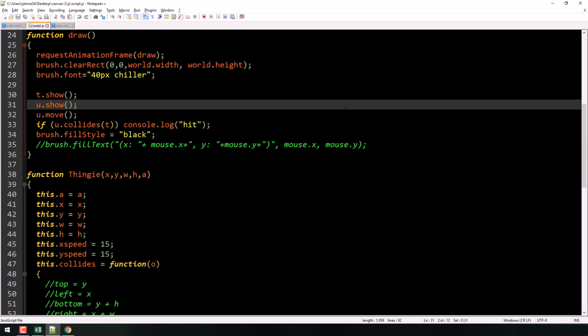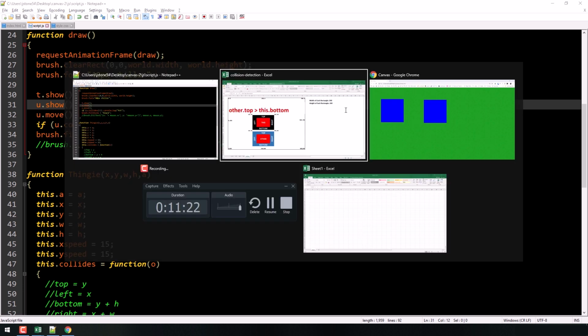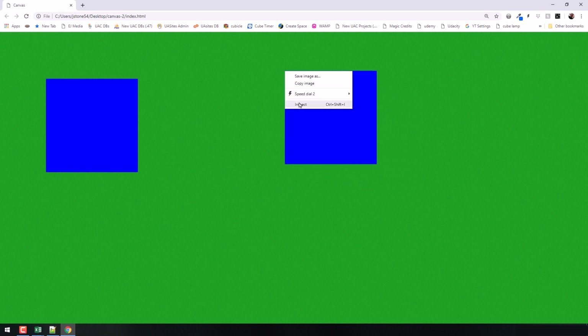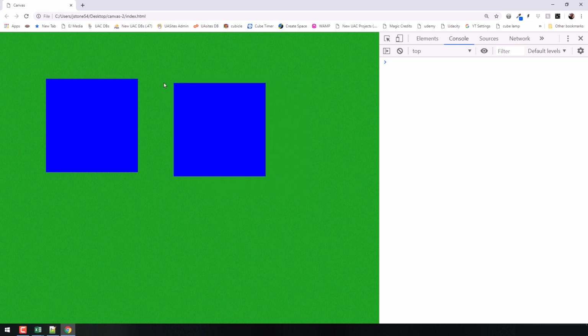Now, when we first run it, if I did my code correctly, it's going to log a bunch of hits right away, because before I actually move my mouse, the rectangles will be on top of each other. So we'll see that happen, assuming I didn't screw anything up. Let me open up the console here. All right, so now I'm going to refresh the page, and look, it's logging a bunch of hits, right? Because my rectangle's on top. So let's clear that. And so here we go. I'm going to move my rectangle from the right side here, and we'll go right up against the edge there. And so far, nothing. Hopefully right when I get there,